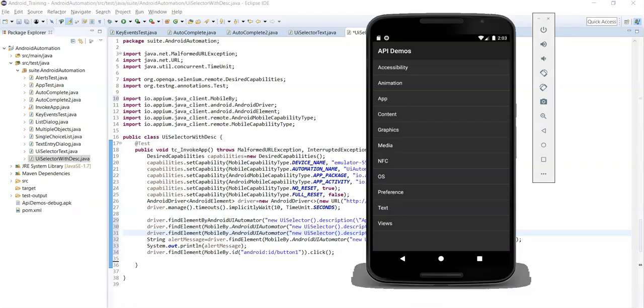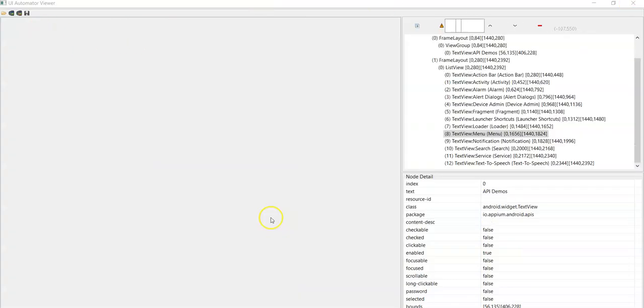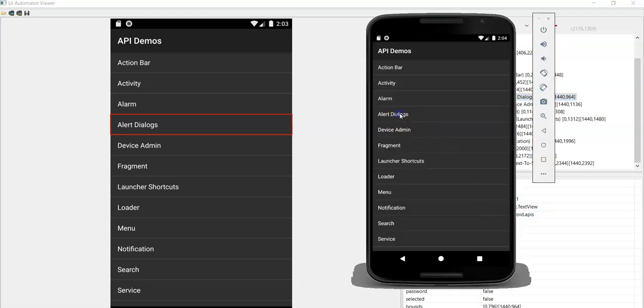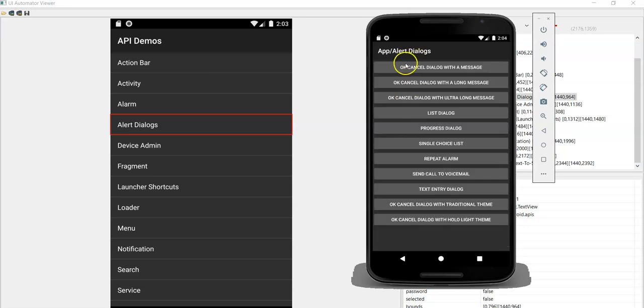Let's see now. Go to Alert Dialogs and you can check the content desc value for Alert Dialogs. Here the alert content desc value is the same as the text attribute value, so you can use the previous one. Now let's check the first button, OK Cancel dialog with a message.